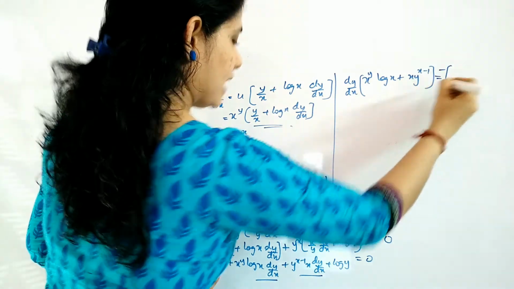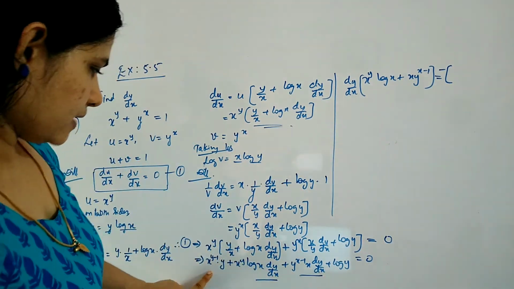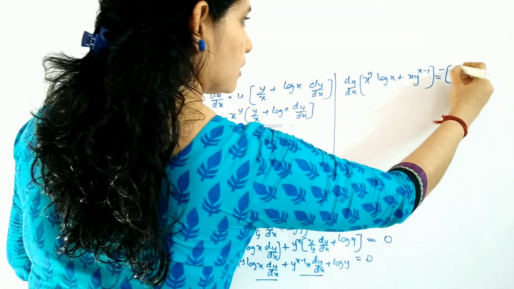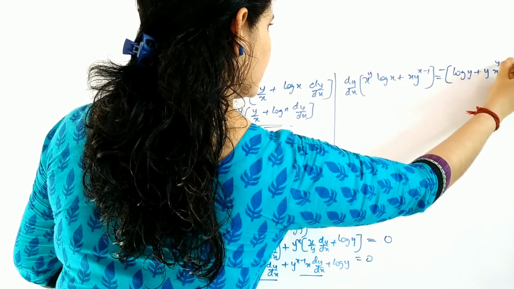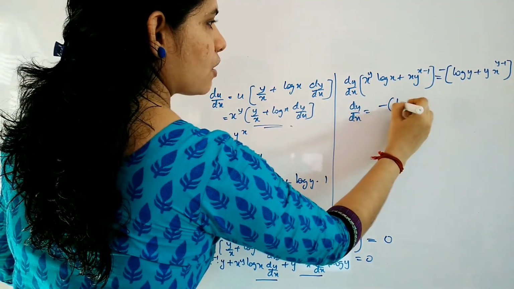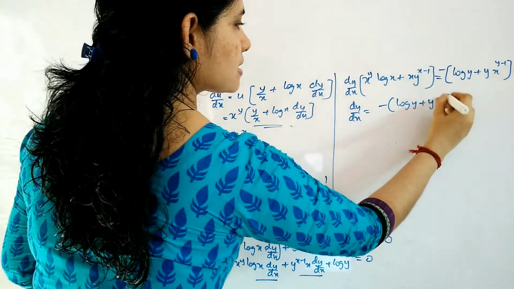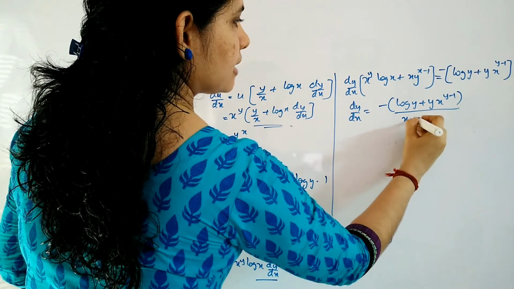negative of, both will have a negative sign. You have one log x log y term and the other one as this log y plus y x raised to y minus 1. So that your dy by dx will become minus of log y plus y x raised to y minus 1 divided by x into,